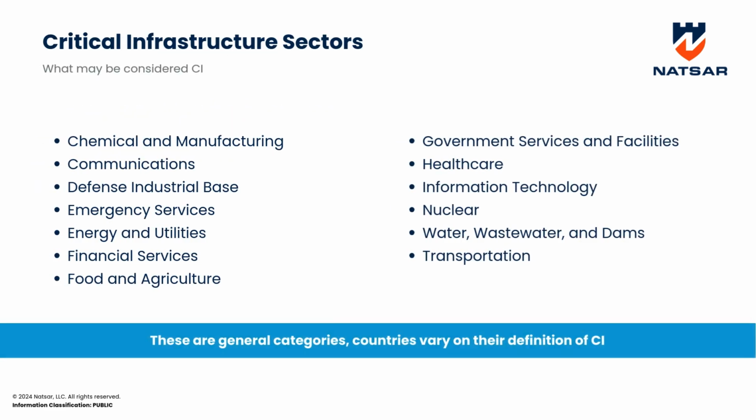There's a number of sectors that fall into critical infrastructure. Now, there is no worldwide global definition for critical infrastructure. The United States has its sectors, other countries have theirs, but there are, in general, major categories that almost everyone agrees should be considered critical infrastructure. On this slide, I have a couple of examples of what we generally see no matter where you go. And in many cases, countries don't even have a defined or agreed to definition of critical infrastructure, believe it or not, but usually these are the things people think of.